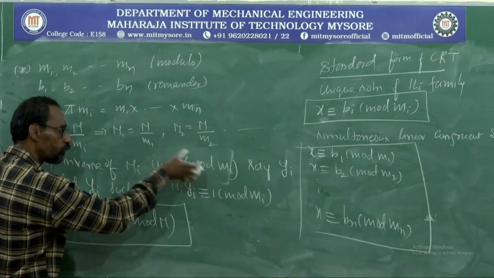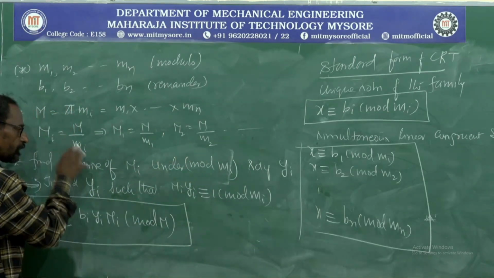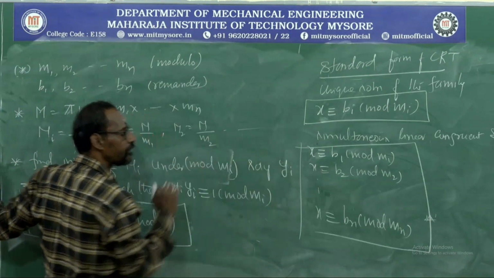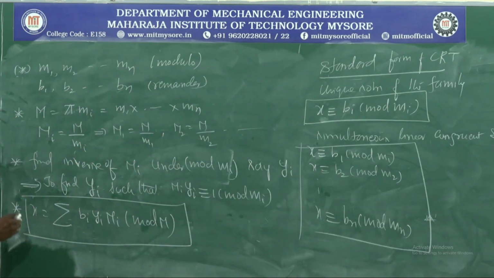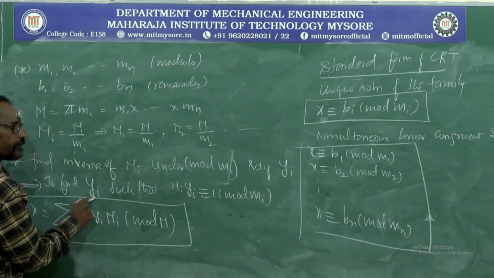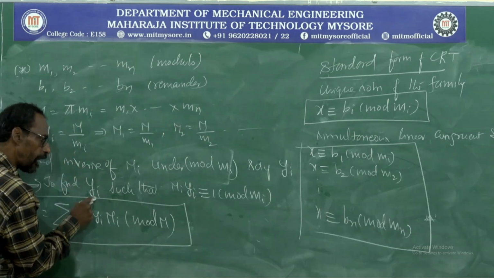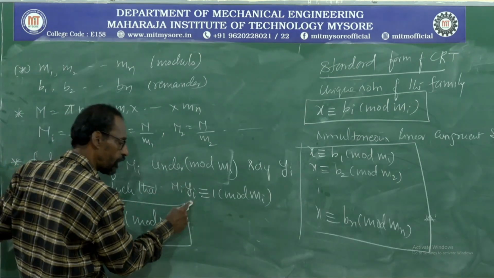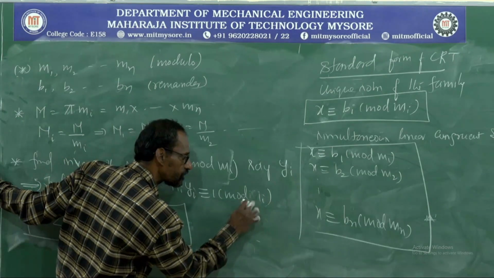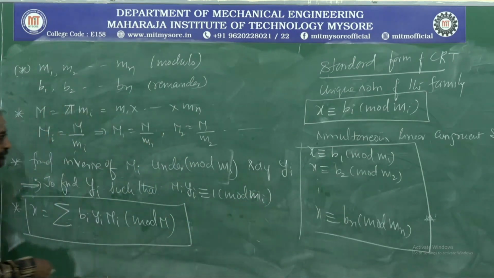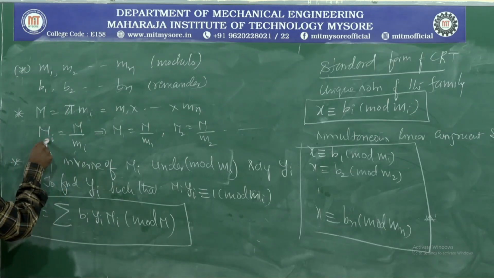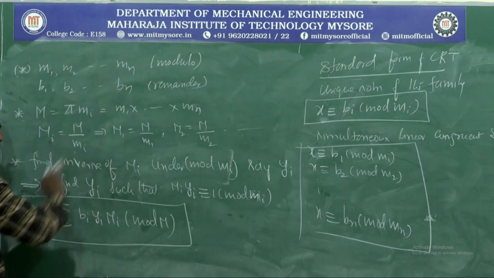Carefully, you may get confused with these two. Find the inverse of capital Mi under modulo small mi, say yi. What do you mean by that? You are finding the value of yi such that Mi yi is congruent to 1 modulo small mi. Once you got the yi, once you got the Mi, once you got the bi,